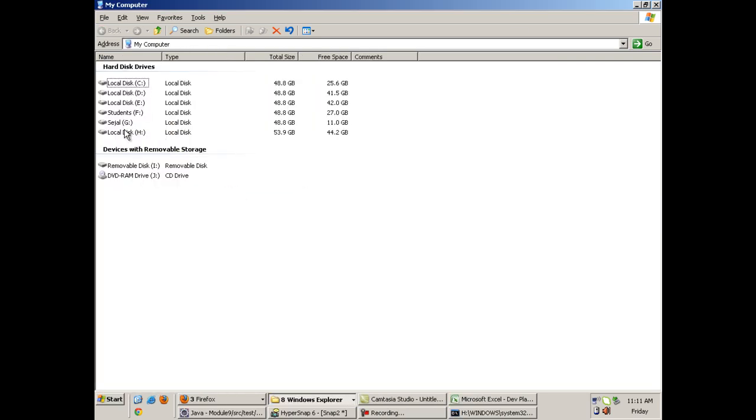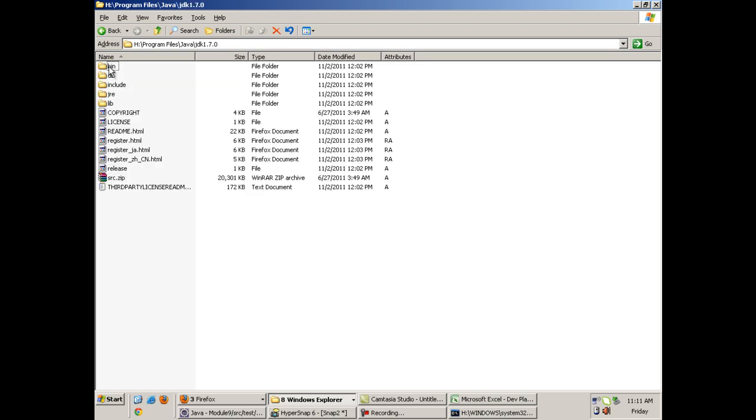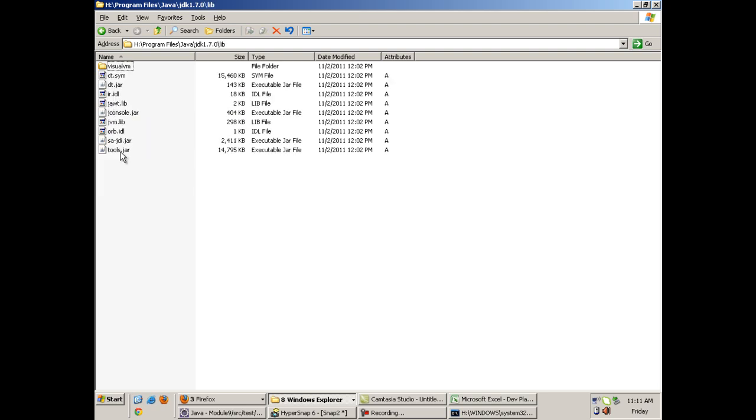The solution to this is go to the installation directory of your Java. Go to program files, Java folder. There will be a folder called JRE, there will be a folder called JDK. Go inside JDK and go inside the lib folder of JDK. There will be a file called tools.jar inside it.